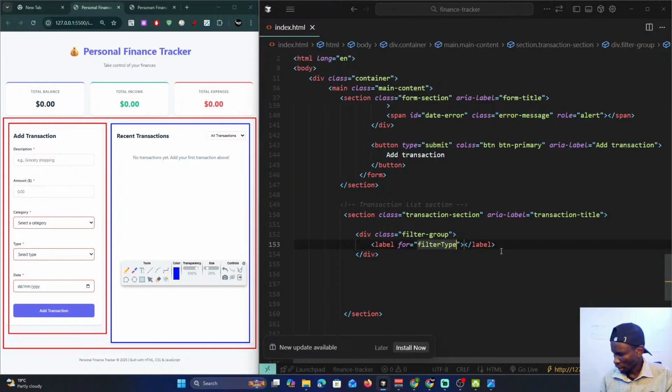Filter type, so that's the label. Filter type label. Label for filter type, then add class only. Then we need to